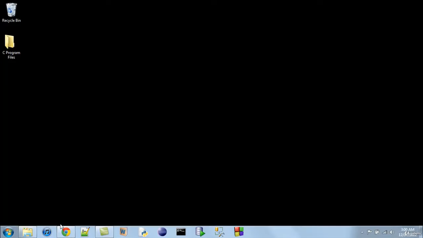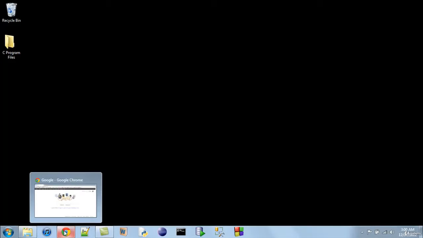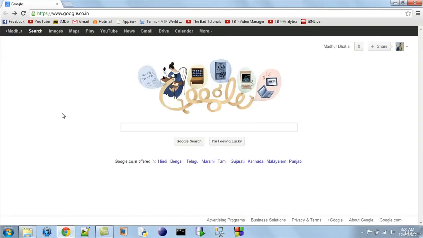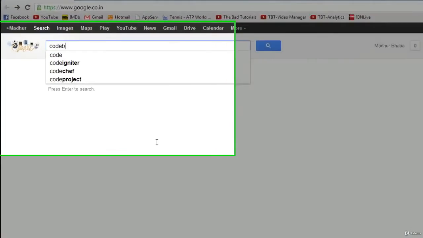Right? So I'm going to demonstrate how to install Code::Blocks on your operating system. You can skip past these instructions if you already have Code::Blocks installed, but if you don't, then this is just going to take about a minute. So make a Google search for Code::Blocks, and